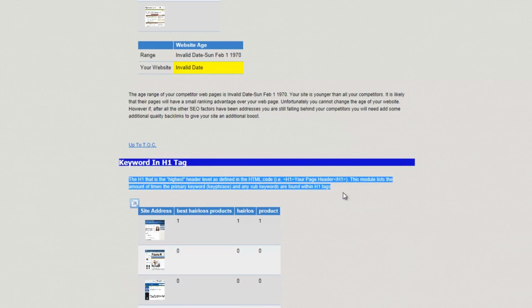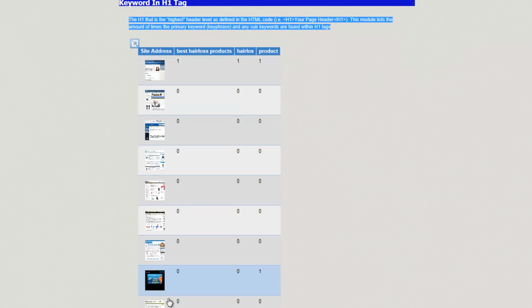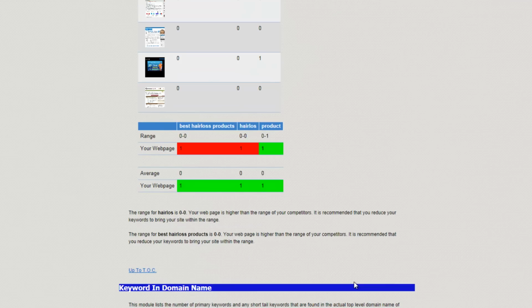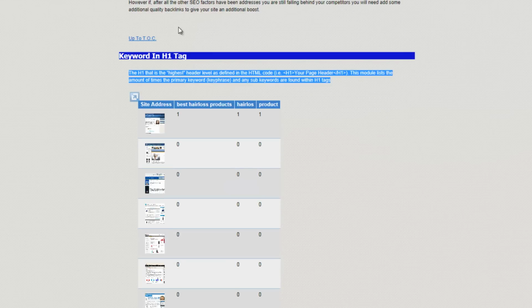Keyword in H1 tag, I've got it. It doesn't seem like any of my competitors are using the normal on-page SEO. I think they're ranked there for something that they didn't mean to be ranked there for. I probably have an easy time getting to the top there. And actually, this is probably a horrible